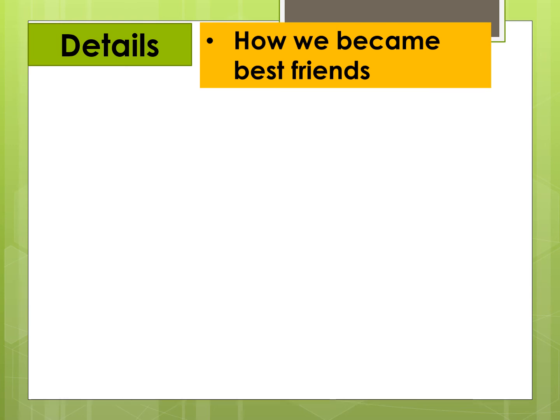The points expressed here should be knit so well together as to form a proper sequence. So here, according to the outline that I created, is the second point that I will describe, that is how we became friends. So I can develop this paragraph by describing the event such as: